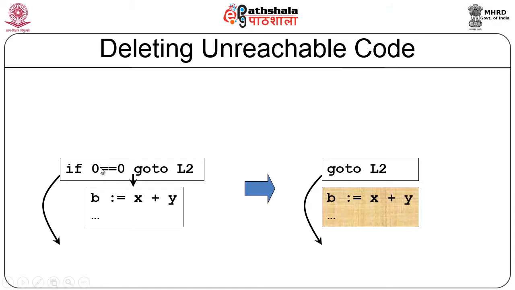I will get rid of this. This will be a simple go to L2. So, I can convert this to a go to L2 and then that will branch, thereby this instruction becomes redundant. I can get rid of this instruction. So, this is called unreachable code, because at any particular point of time I am never going to follow this particular path, because this will always be true.